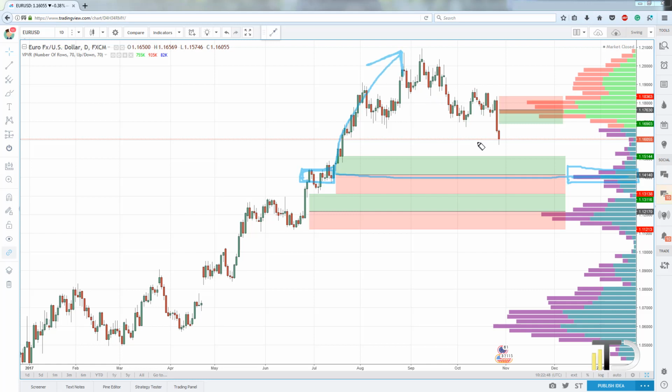So I'll be waiting for a pullback to this area, and when the price comes back, I think that those strong buyers will be defending their buying positions and they will very aggressively push the price upwards once more. Profit target for that position will be at 1.1514, and I will close my position if the daily candle closes below this area, below